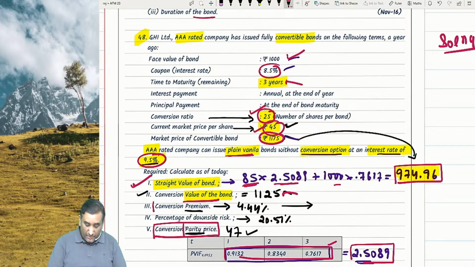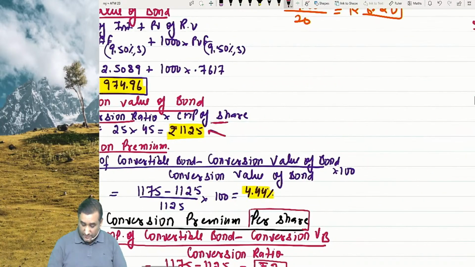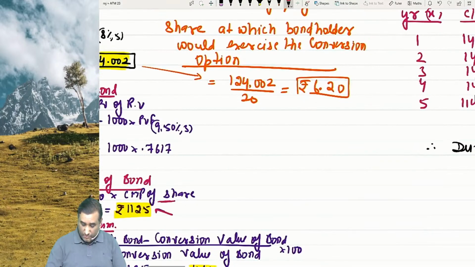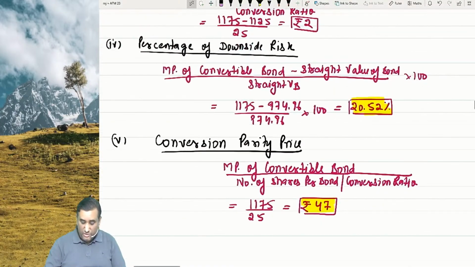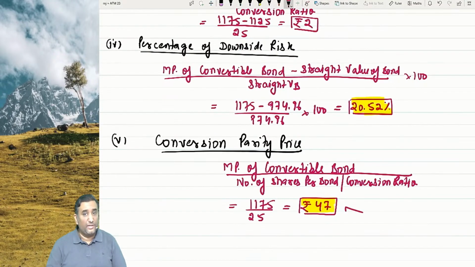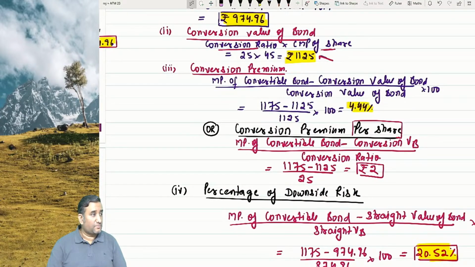Parity price is the price at which you will have parity. 1175 divided by 25, so your parity price comes as 47. That means you will be indifferent when the share price is 47, because you are surrendering a bond worth 1175 and getting worth